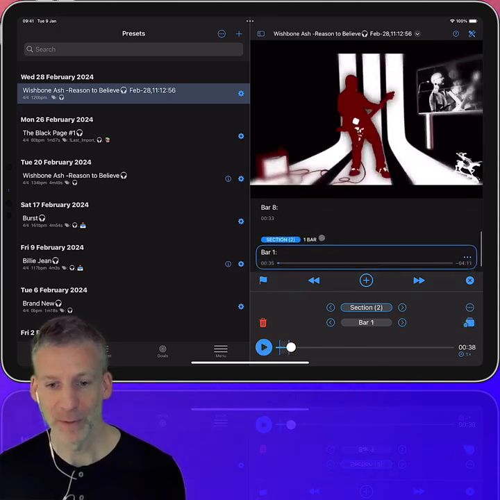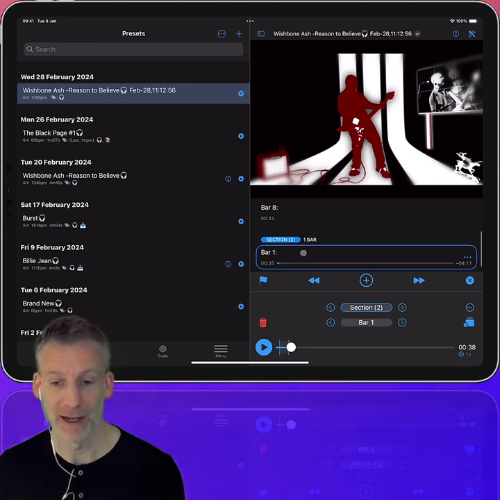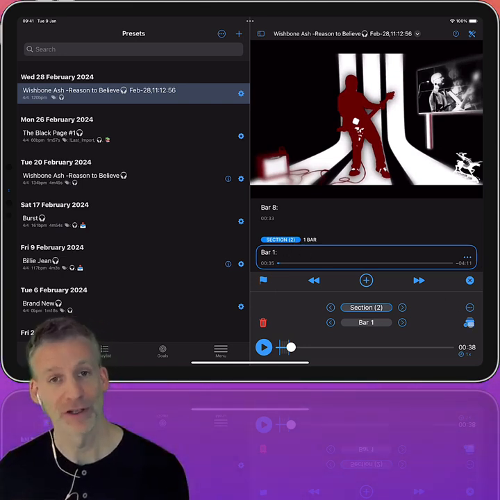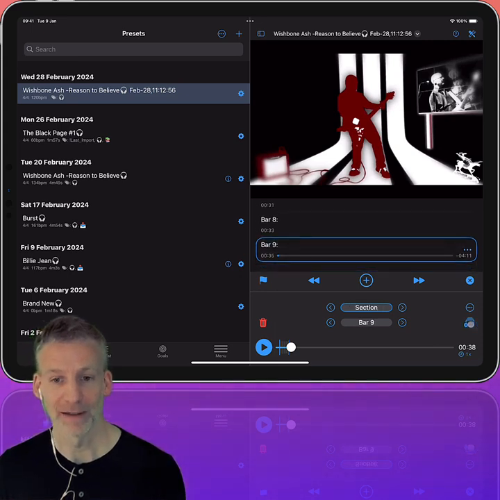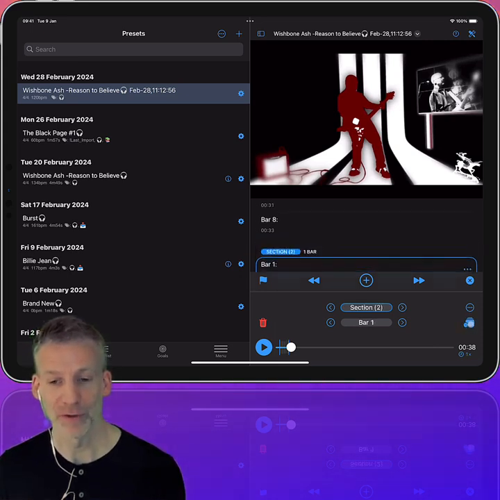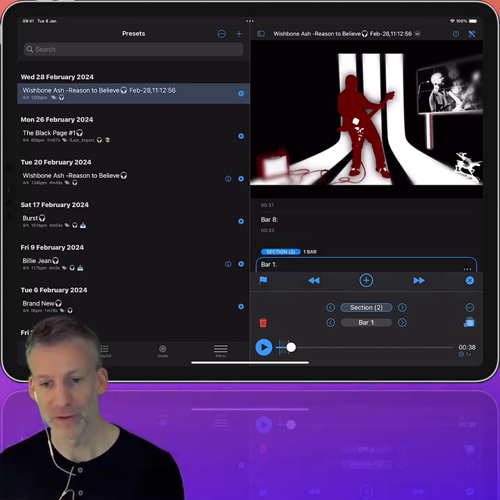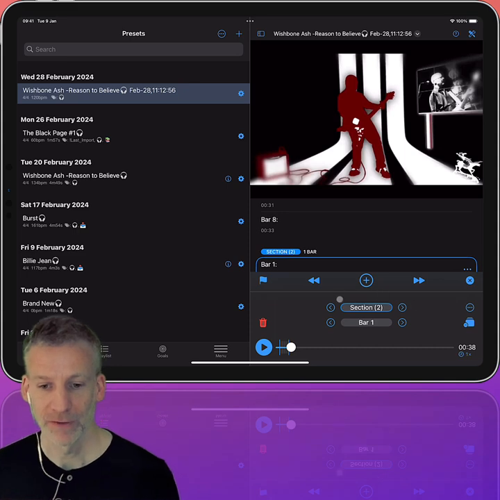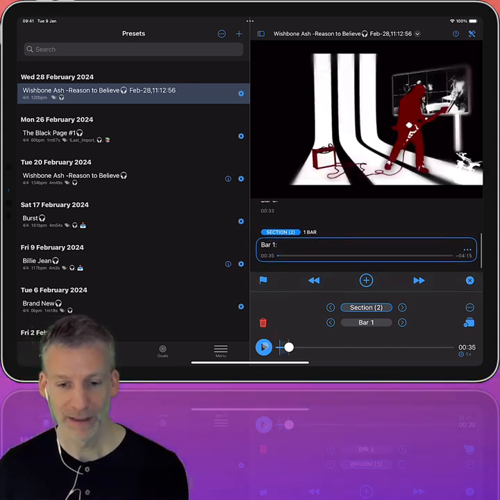So see what happened there, we had bar 8 and now we're in section 2, bar 1. So I added it as bar 9 and then I tapped this button to turn it into a section. If I tap this again, it turns it back into bar 9. So you can add and remove sections wherever you want, but tapping this button doesn't add a new marker, it just toggles the selected bar into the start of a section. So then I can tap on this bar to go back to the start of it, hit play, and start